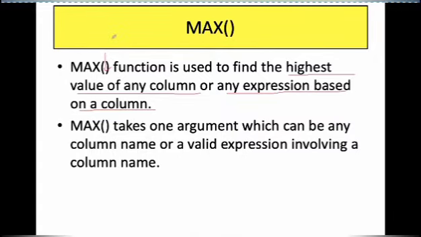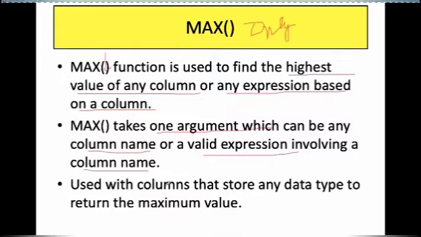There will be only one argument as a parameter, which can be a column name or a valid expression involving a column, used with a column that stores any data type to return the maximum value.